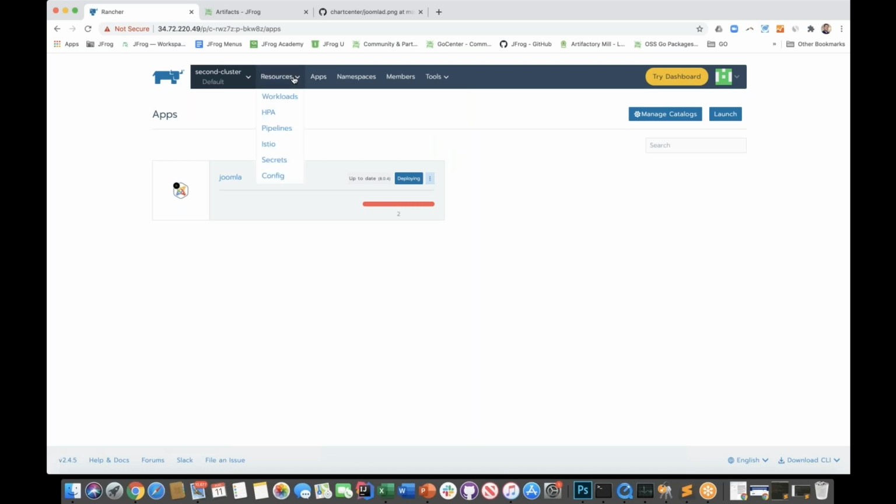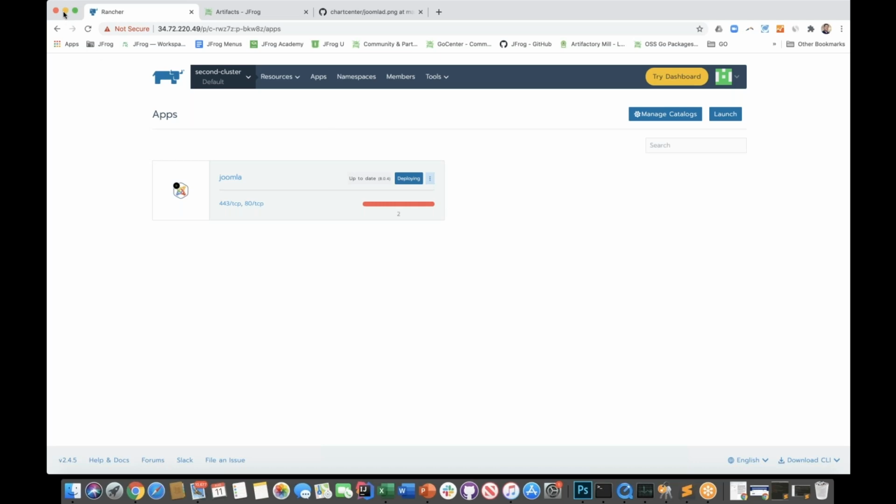Rancher also has ways to manage secrets. And one really cool thing about Rancher in terms of your Helm files is they add a questions.yaml file, which you can set up to help guide users through key value pairs that might affect your chart